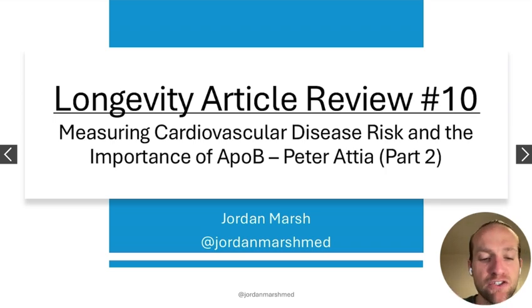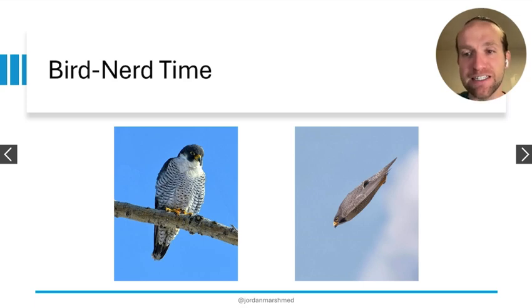All right. So, bird nerd time. I forgot this last time. This is the peregrine falcon. This guy can travel at over 200 miles per hour while diving, I should say. So if they're just flying around, they're still really fast. I think it's up like 50 to 60 miles per hour. But when they're diving for their prey, they can reach speeds of over 200 miles an hour. It is the fastest animal alive, not just the fastest bird alive, the fastest animal alive. So, peregrine falcon's pretty cool.